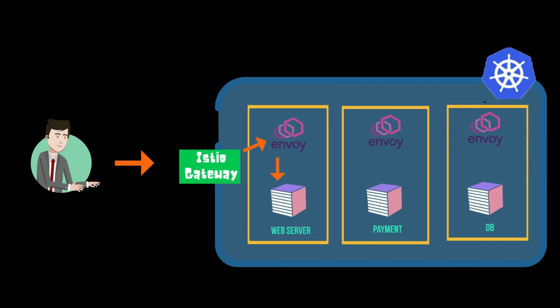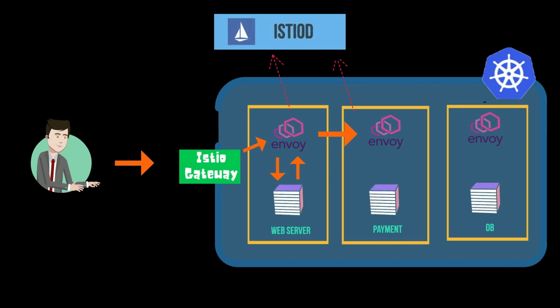After processing, the service will generate a payment request. This request will again go through the Envoy proxy, as the Envoy proxy will check for all the service rules as well as the destination rules and send the request to the Envoy proxy of the payment microservice. This communication is done over mutual TLS. This process will be followed by all the services in the application. During this time, it will gather all the metrics data and send it back to the control plane, so we will have monitoring for our applications too.